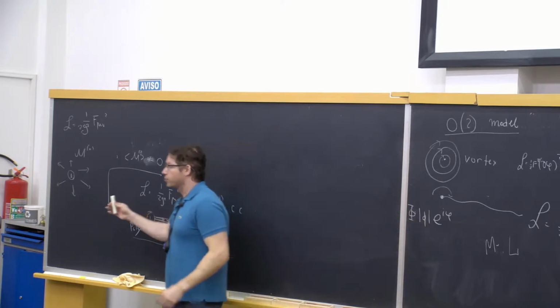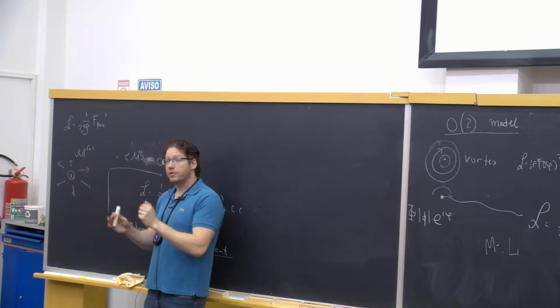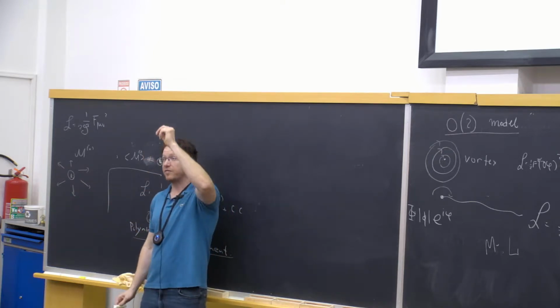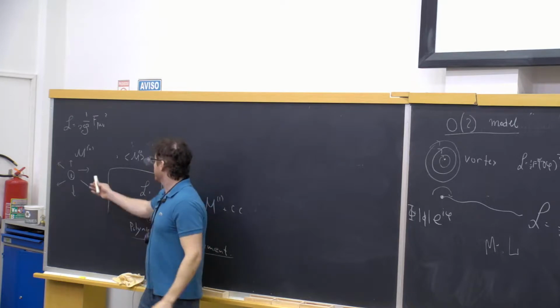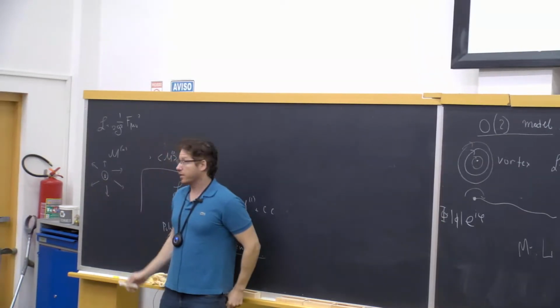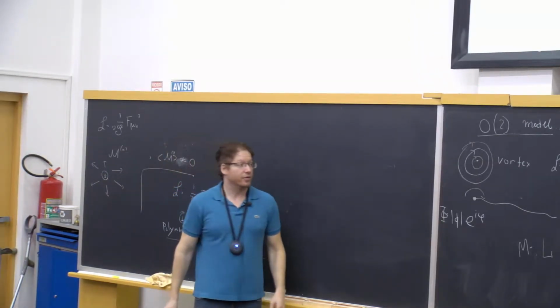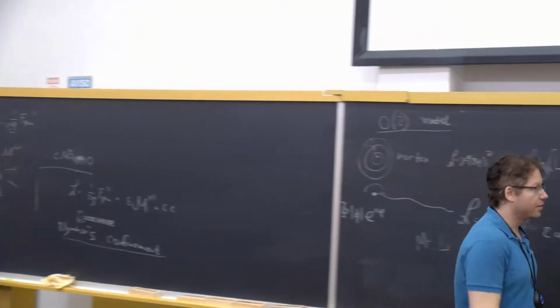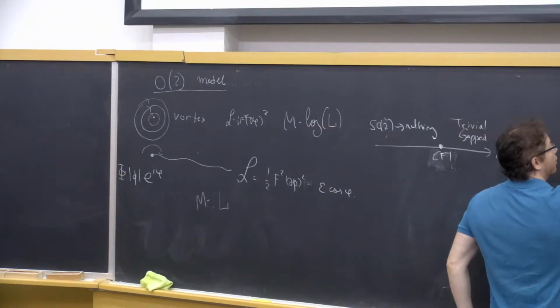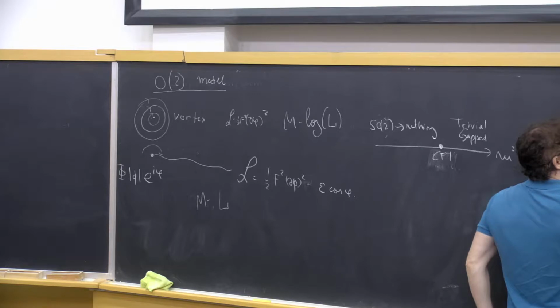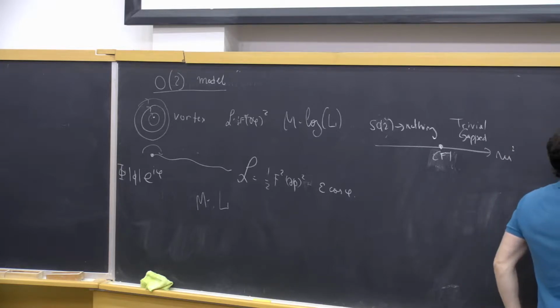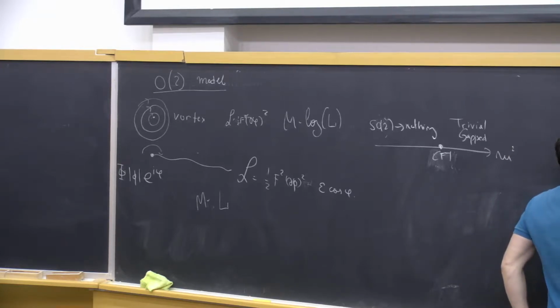So here, to really compare these theories, we need to go beyond this approximation where these are heavy probe particles. So we need to add some dynamical charge 1 particles to this theory too. So let's now discuss the theory of just a U(1) gauge field coupled to a scalar field of charge 1.